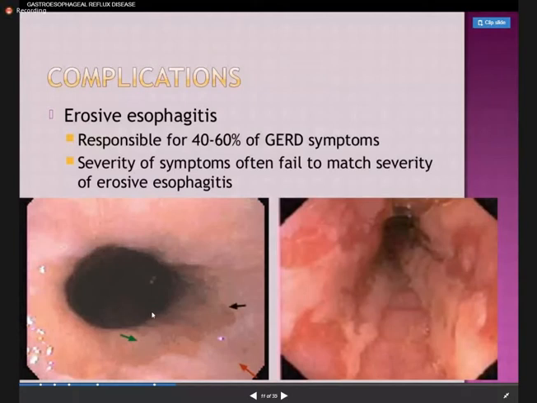When this becomes incompetent, what you can see is over the right side, and you can see that there is inflammation over here. Whether there is Barrett's esophagus or not, we cannot comment upon this picture, because for Barrett's esophagus, the prerequisite is that there should not be any distal esophagitis.